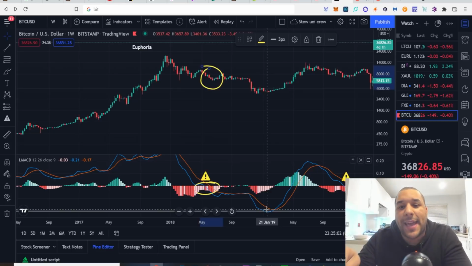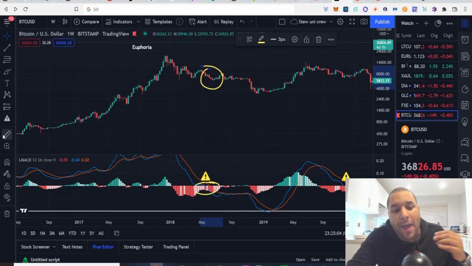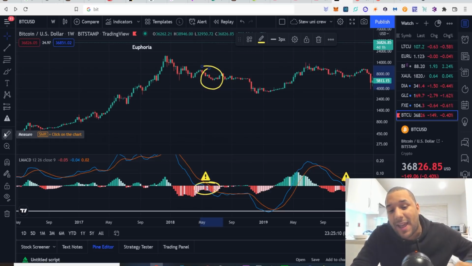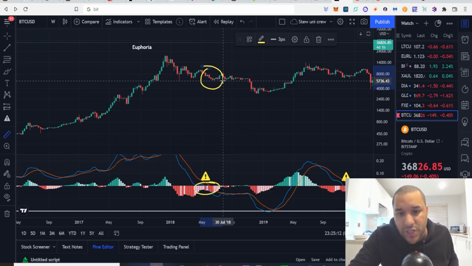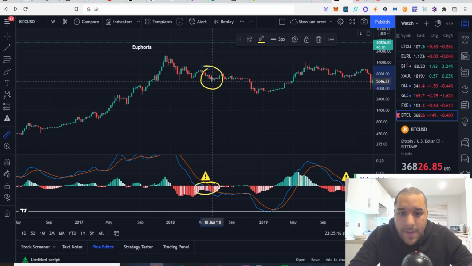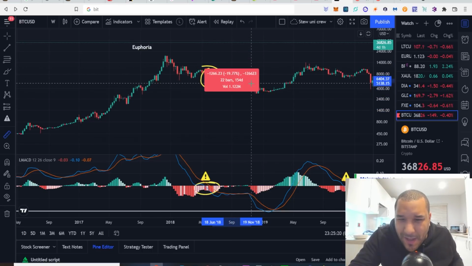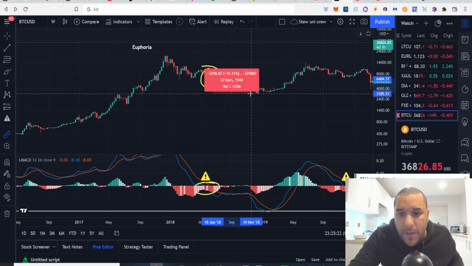How long did it take? Meaning, how long would you have to seriously consider taking profits on your Bitcoin before you see some serious downside action, capitulation? So, from the warning sign here when it crosses in the middle, you probably had from here to the wick. Where's the line? The wick here. Or same wick, the candle,